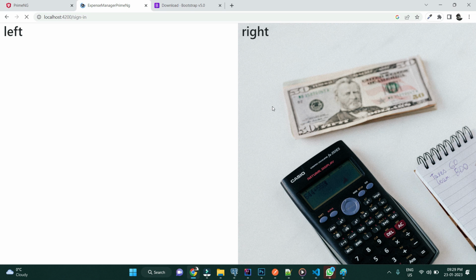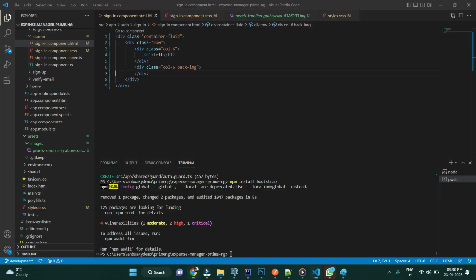So if you are working in an application, this part will help you in adding your application's banner, what it does and everything, like the welcome page or something. So now we're going to work on the left side. We're going to have